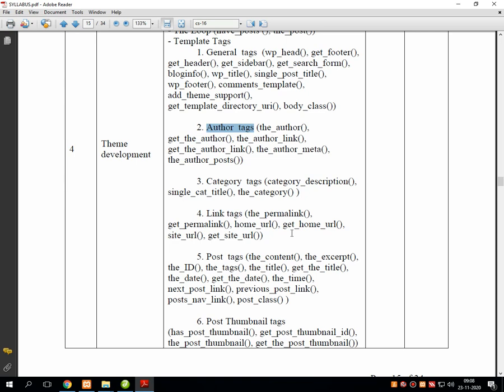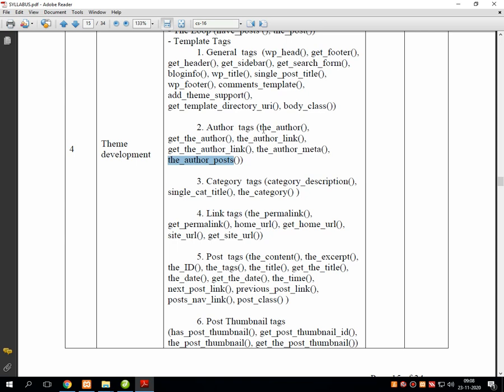The several types of tags which we have to discuss are the_author, get_the_author, the_author_link, get_the_author_link, the_author_meta, and the last is the_author_posts.